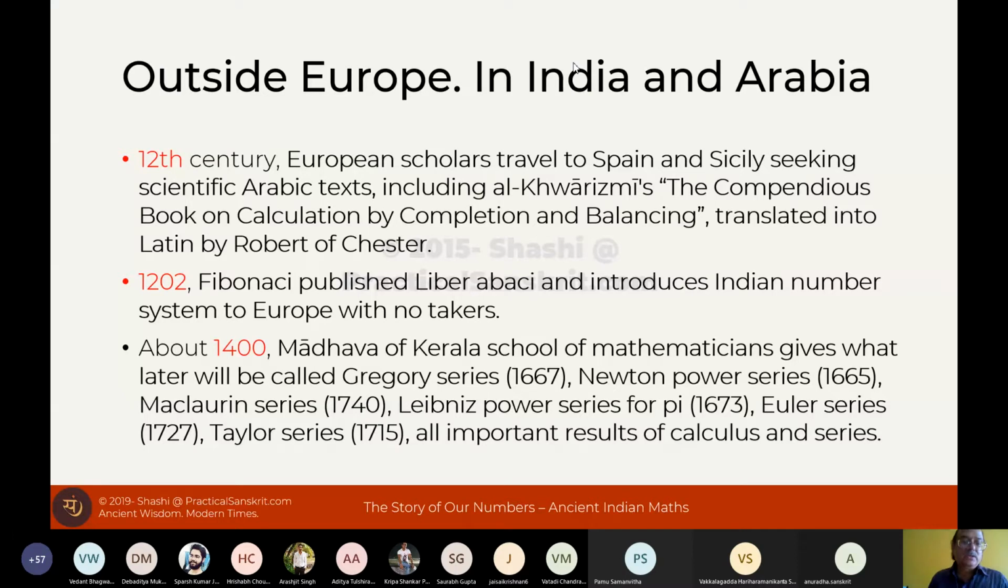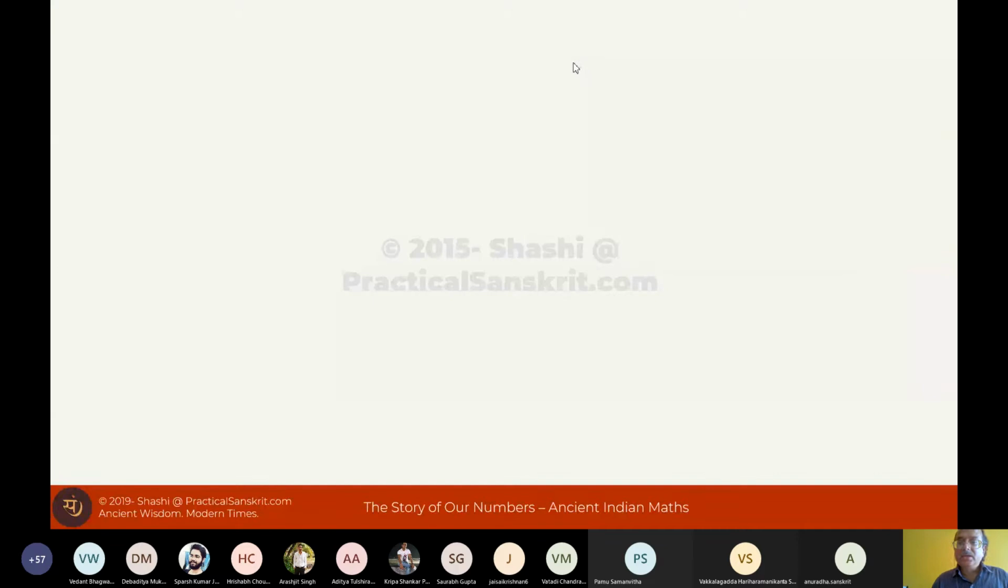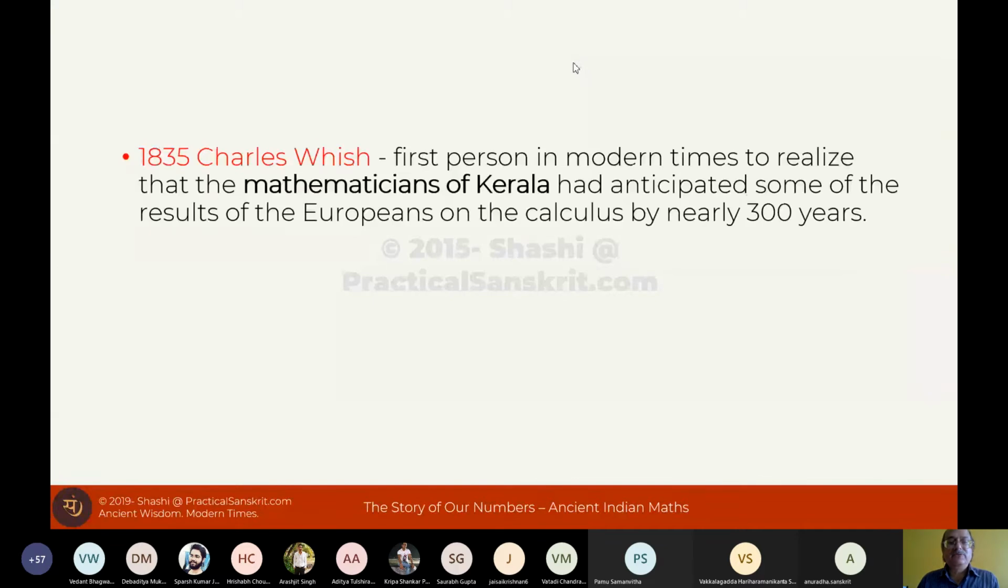And here are some of the Gregory series, and if you're inclined mathematically, the formulas are also given. So all these were, and this is proved now. This is not even extrapolation. This is not even self-pride or whatever. It's clearly proved, right? So in 1835, Charles Whish was the first person in modern times to realize that